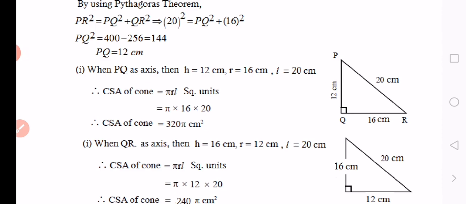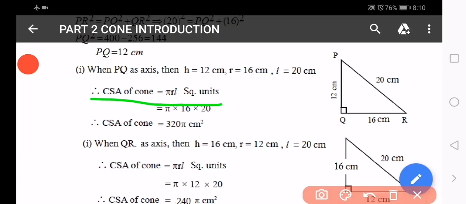What is the formula for curved surface area of the cone? It is pi r l square units. Here radius is 16 centimeter, l is 20 centimeter. We apply the formula: pi into 16 into 20 equals 320 pi centimeter square. So this is the first curved surface area of the cone, equal to 320 pi